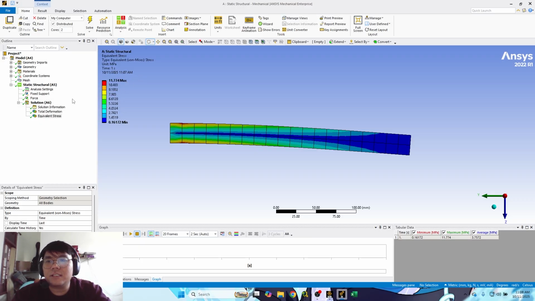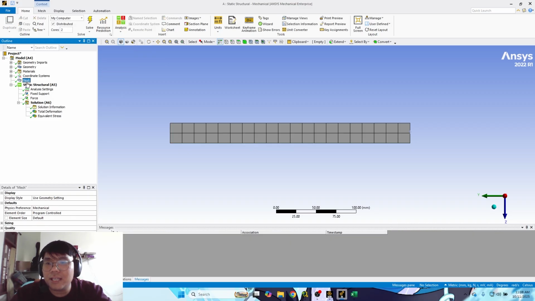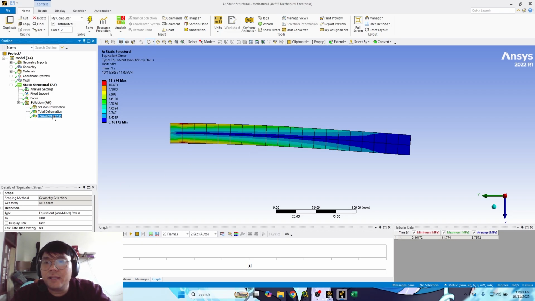Basically, we change the element size of our mesh, and then look at whether there is a difference between the results for each mesh, until we find a stable value with different meshes. Basically the error limit is about 10% or 5%.